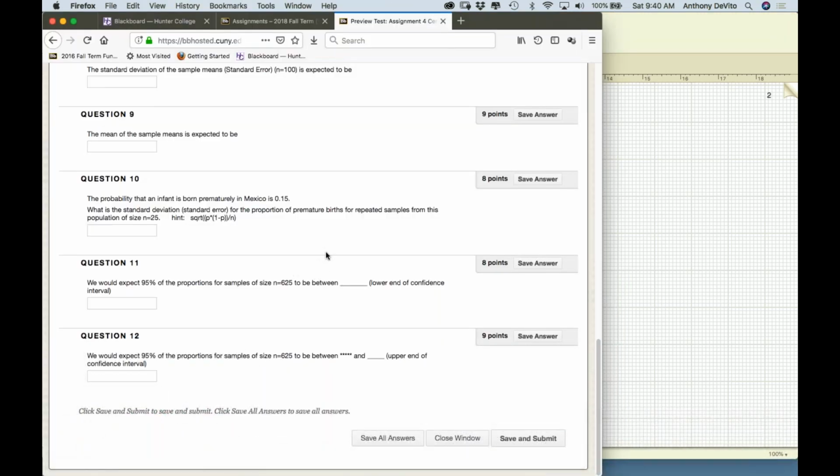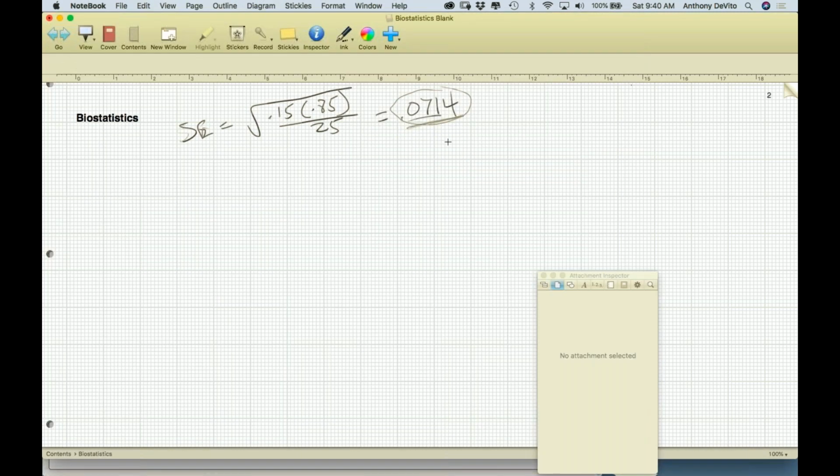Okay, excuse me. So we would expect 95% of the proportions for a sample of size n equals 625 to be between this number, the lower end of the confidence interval, and this number, the upper end of the confidence interval. So, you're right, I think that's not very neatly worded. This question refers to the proportion in question 10. What I was really driving at was that if you took samples from that same population, where P is equal to 0.15,